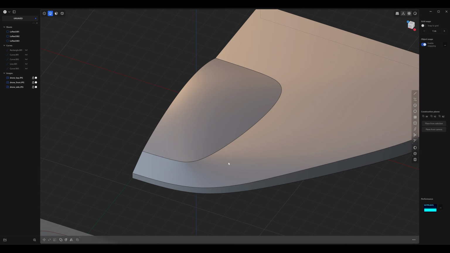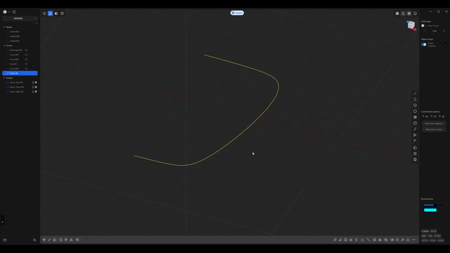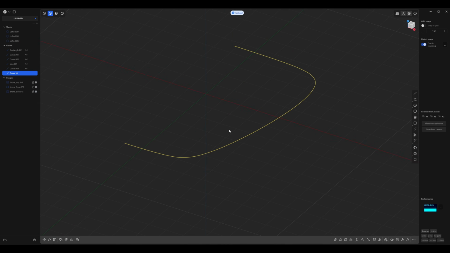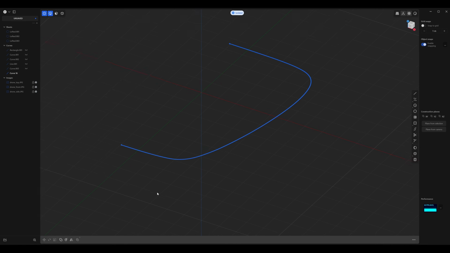So go ahead and select this canopy curve and press Shift D and right click to accept. And I'm going to press period so you can see what it looks like. And when I duplicate surfaces off a curve, I do like to rebuild them so that you don't have too many issues when creating a pipe. Sometimes it works, sometimes it doesn't. So I'd rather just rebuild them, make sure it works right off the bat. And I like to just click on points and give it a pretty high number, around 400. Press OK. So it'll retain the shape and have enough points to create a nice fluid shape.